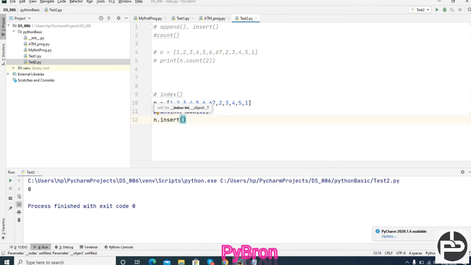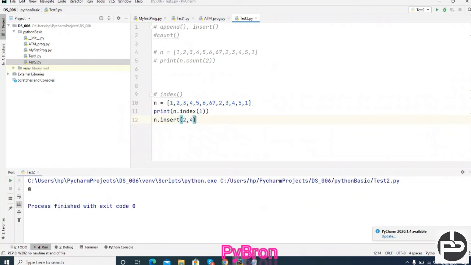It is saying index and value, meaning we have to pass the index comma value, so at the particular index it will go and add the element. But in case of append it will add the element at the end of your list. So this is one difference.